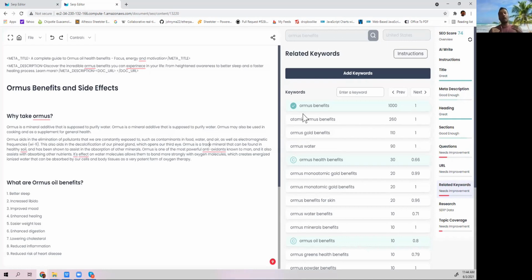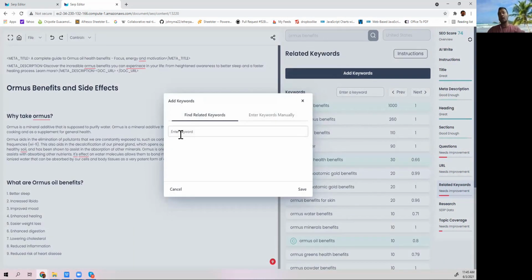Let's say you are a power SEO person and you want to optimize even further. You want to potentially create a very strong pillar page that has tons and tons of keywords and is like 15,000 words. That's why we added this feature called Add Keywords, where you can add another set of keywords. Right now I said ORMUS benefits. I could say ORMUS side effects, or I could say ORMUS alternatives, and I wanted to target those as well in the content. Then I can add that, and it will pull out related keyword data associated with that particular focus keyword and insert that into your related keyword information here in Outranking.